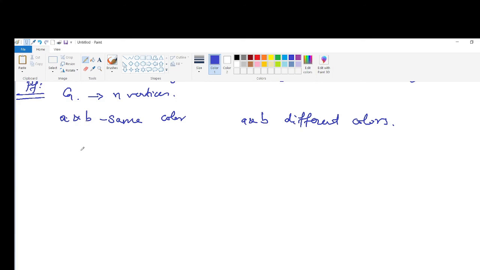Now the number of ways of properly coloring G such that A and B have different colors is the same as the number of ways of properly coloring G dash. What is G dash? In G dash, A and B are connected by an edge. And the number of ways of properly coloring G such that A and B have the same color is the same as the number of ways of properly coloring G double dash, and hence Pn of lambda of G is the same as Pn of lambda of G dash plus Pn minus 1 lambda of G double dash, and hence